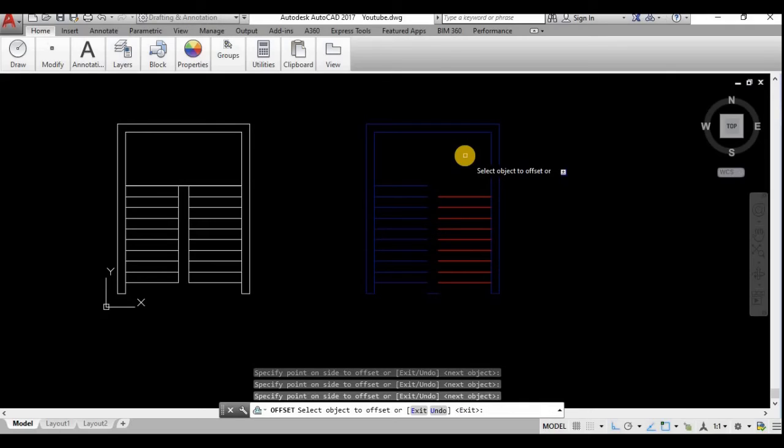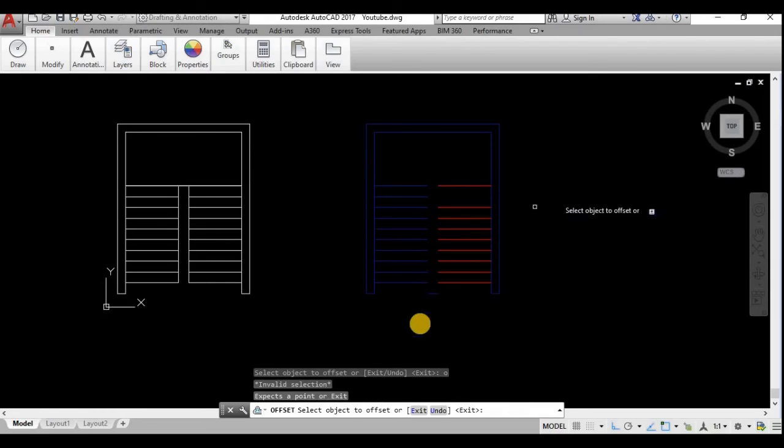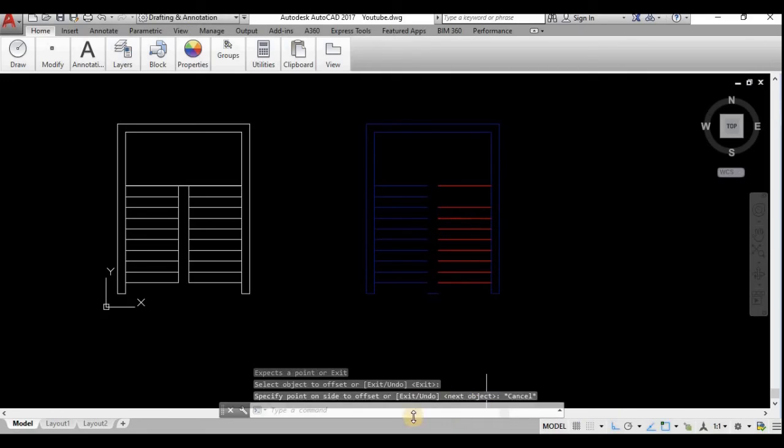Again I need this offset. Now I shall remove the erase, because I need a line.